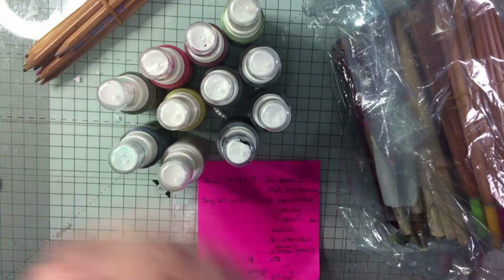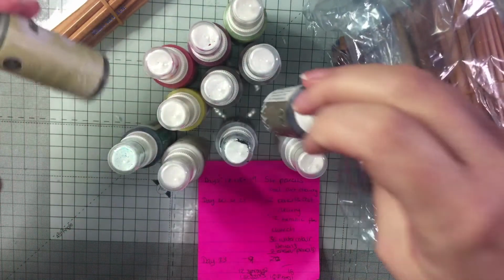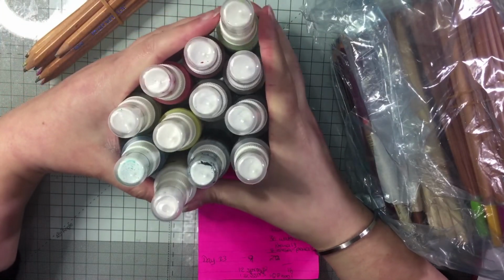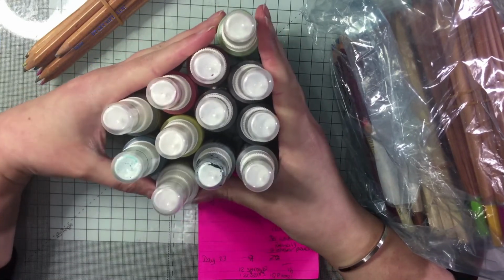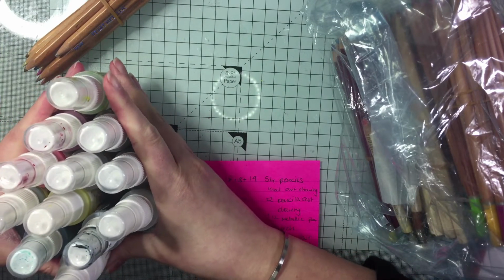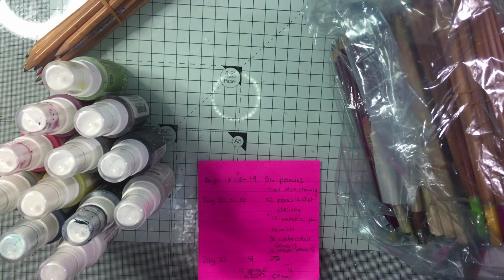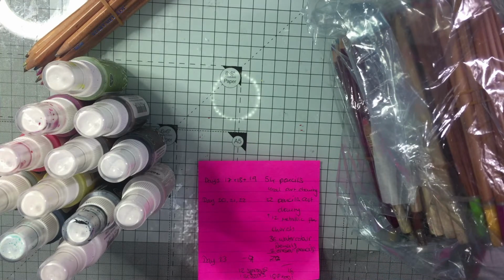I think the Shine one I've used probably the most, but whatever's left in them, if you want them, I would probably say £5. You get a good selection of colours. You could probably make most of the rainbow with that, and it's going to be £2.95 for postage. If you want to wait for me to post you things till I've finished all my Destash just to save on postage,